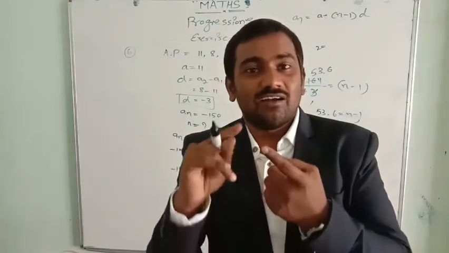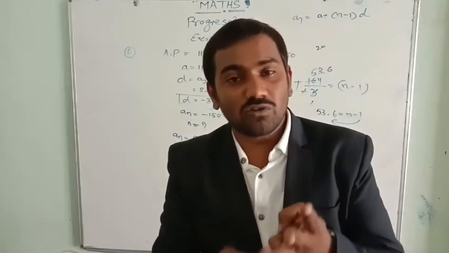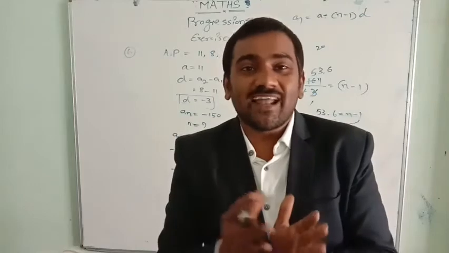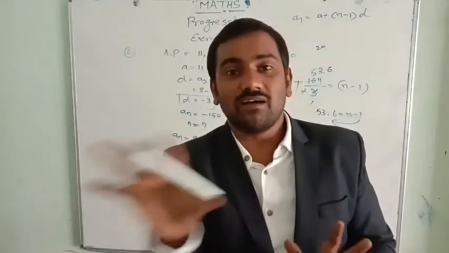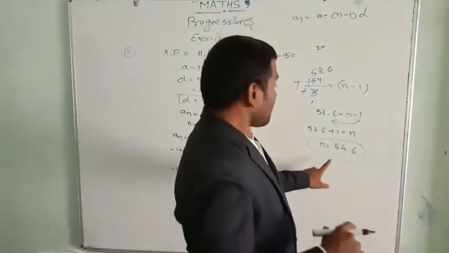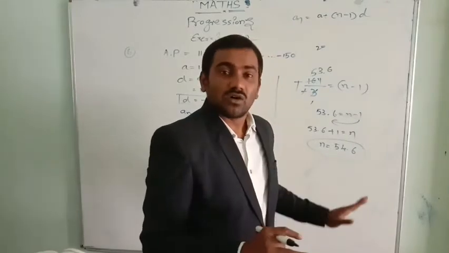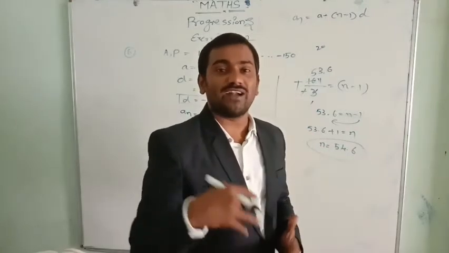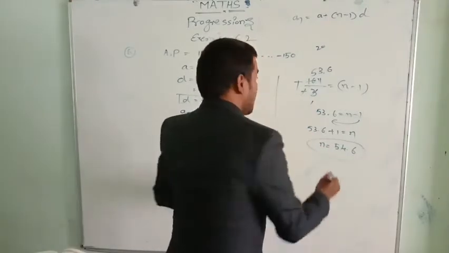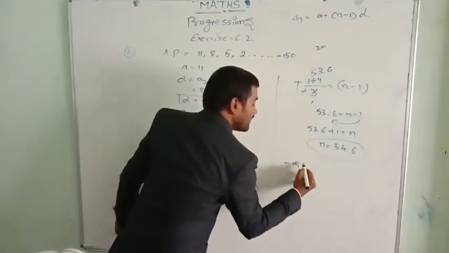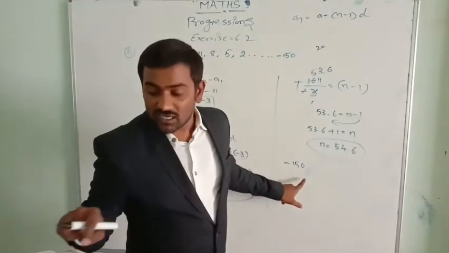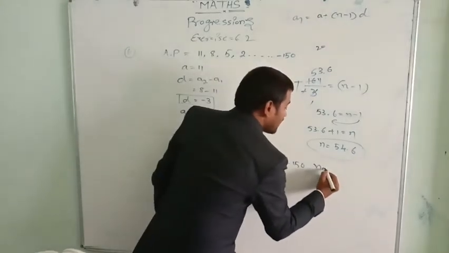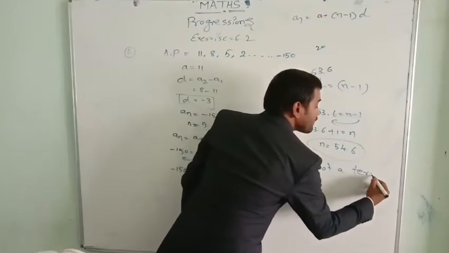And we can't say first term, 1.5 term, 2 term, 2.5 term, third term, 3.5 term, we can't get like that. The number of terms is always in the natural numbers. So here 54.6, the number of terms will not be in decimal. So check whether minus 150 is a term. No, minus 150 is not a term of this